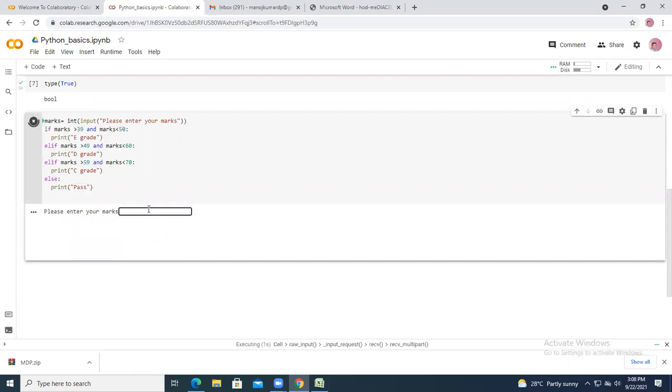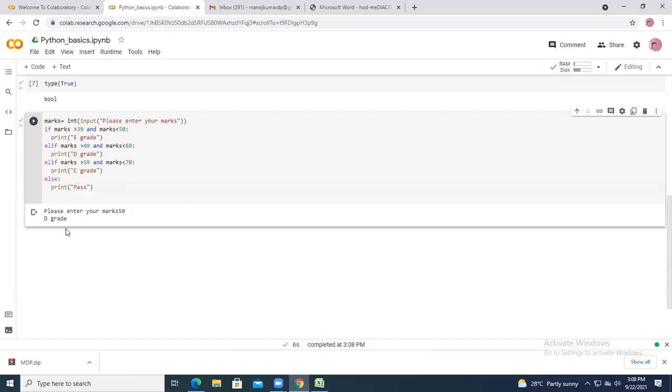It is asking you for the marks, so I'll give 50. If it is 50, it shows greater than 49, less than 60. What is the grade? D grade. If you want indentation, just add 1 tab space. That is more than enough.